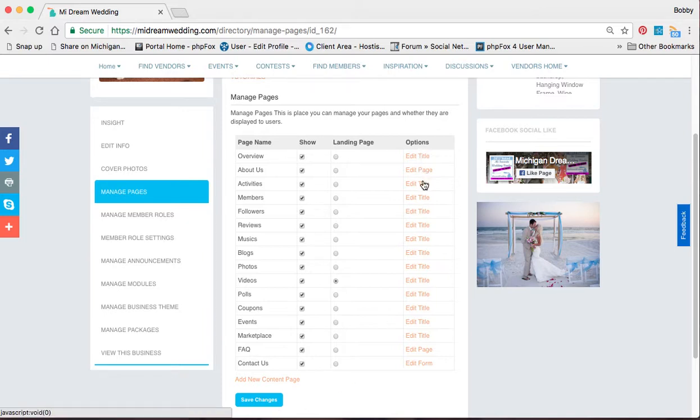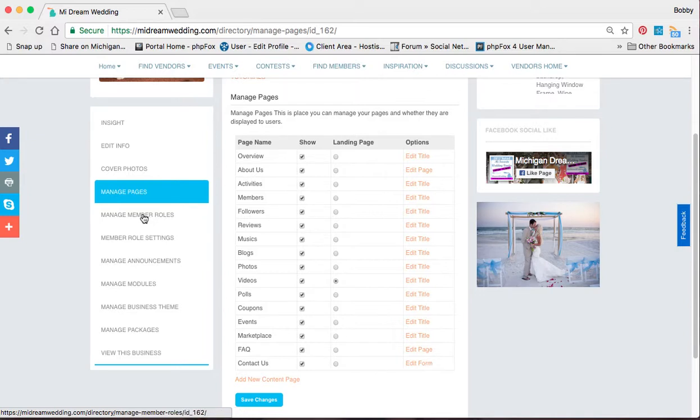You can also edit the page, so the About Us, you can click here and you can just add some information. It can be information about the business, or maybe it's just information about the owner or the founder of the company and a little bit of detail there. Most of these are edit title, and then down here, frequently asked questions, you can edit that page, so you can answer a few questions for people and add that right in there. And then the contact form, you can edit that, so different information for people when they click on contact you,